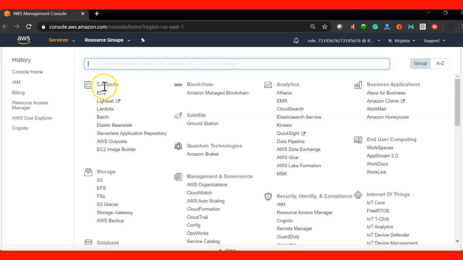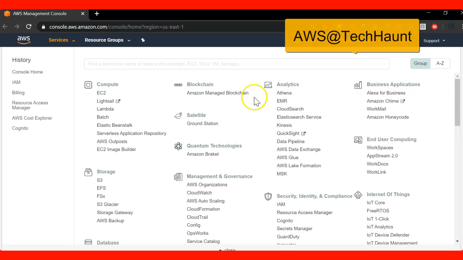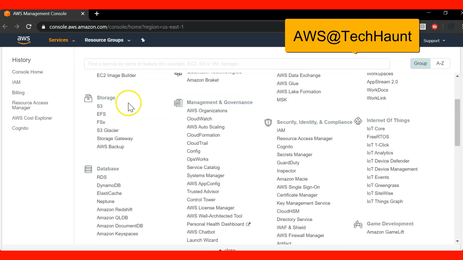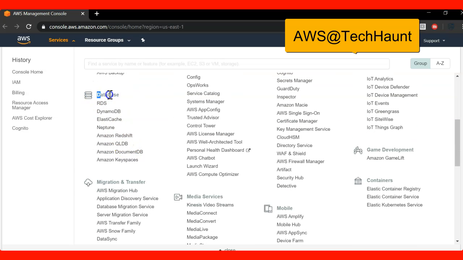We have compute categories. Under compute we need to learn what EC2 is, what Lambda is, Elastic Beanstalk. These are a couple of services we have to look into in our course, and I'm going to cover all of them. But don't worry, we don't need to understand and learn every service. Most of the categories we are not going to touch in this course, but we are definitely going to cover compute, storage, and then database.